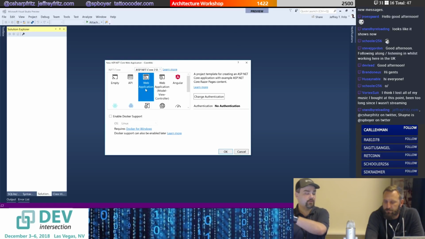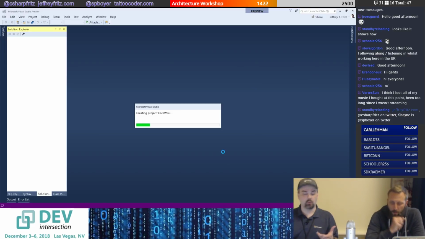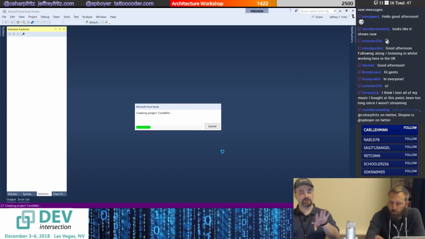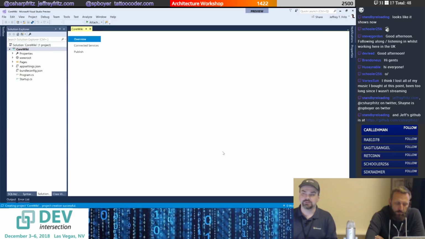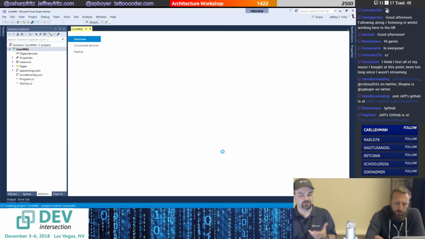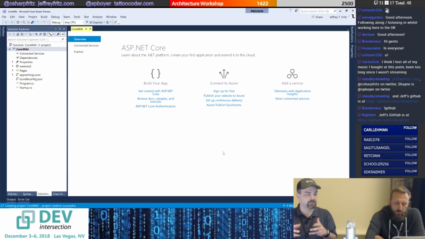I don't want the full model view controller things. I think Razor Pages would be better for us to use to build this. Yeah, I agree. I think that would be a good choice. So in ASP.NET Core, there's two different ways to build user interfaces. You can use model view controller, just like we've seen in previous versions of ASP.NET, or you can also use what we call Razor Pages, which are standalone templates that will behave a little bit more like that page-driven way